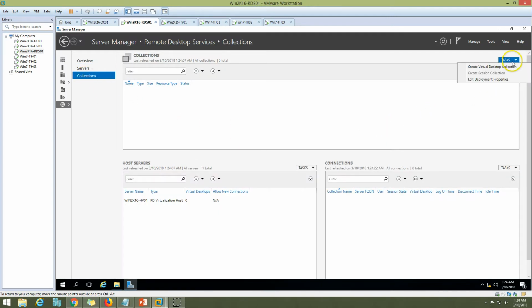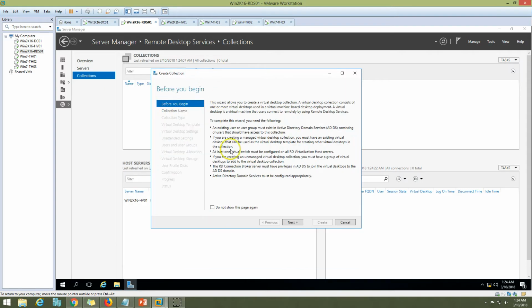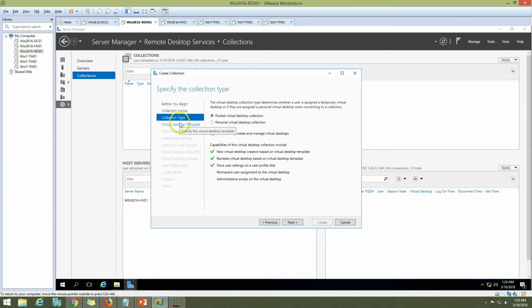I'm going to select task, create virtual machine collection. So click next, and it's some description of what the requirement is for creating the collection. So we are good to go. Click next. I'm going to call it VDI pool. So click next, and here we have a collection type, which is personal,